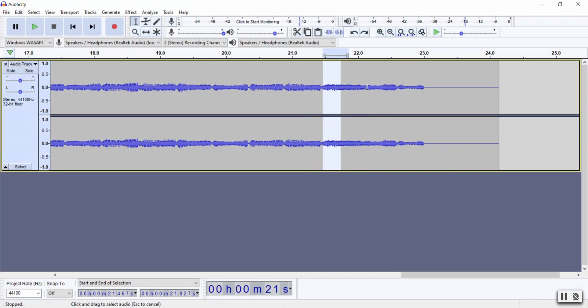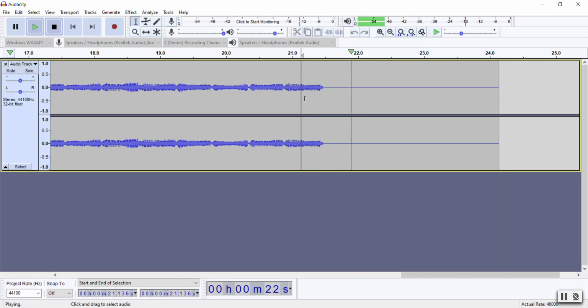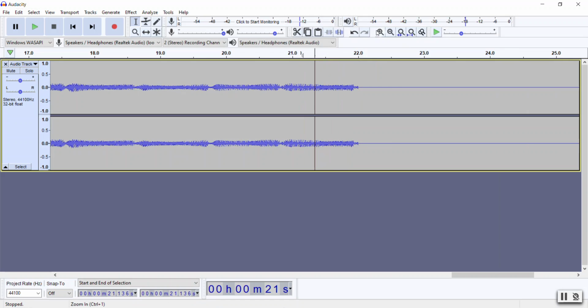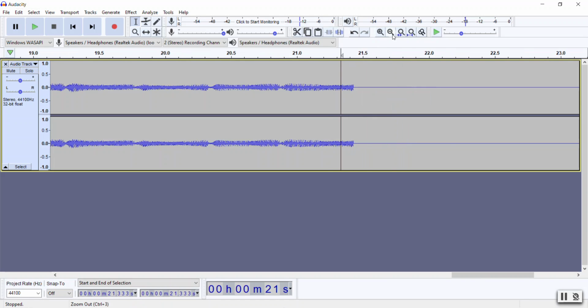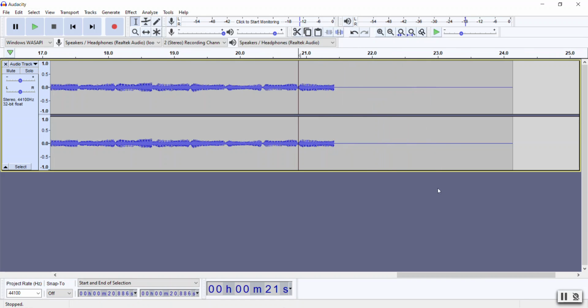So I'm going to hover with my cursor and I'm going to silence this using the silence audio selection tool. Play it again. I'm going to get rid of this one little piece here. Just a little bit more. Okay. Silence that. So now I should have a fairly clean sample, but it looks like it ends pretty abruptly, and